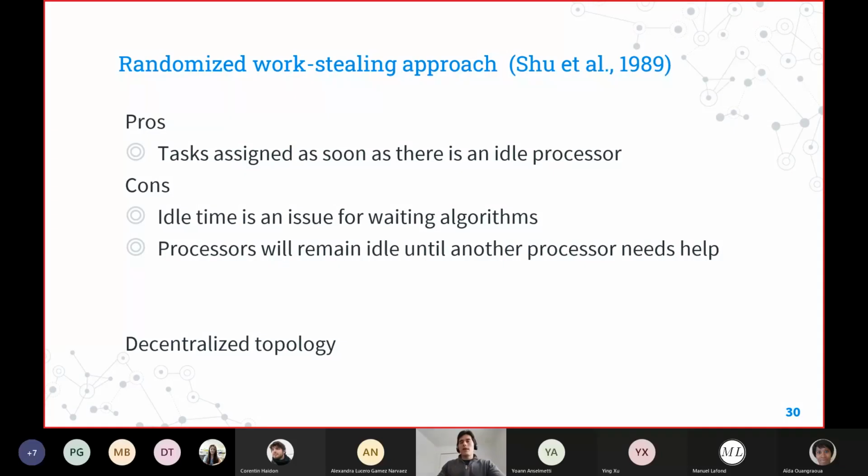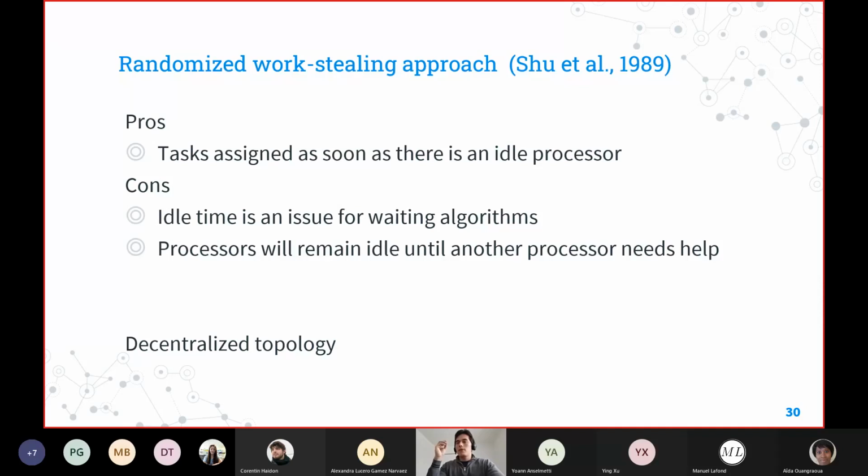One of the disadvantages of this is that the idle time is an issue for the weighted algorithm. That is, for the weighted algorithm, the returning one, those 3 algorithms that return a value, we will have to wait for the result of each branching call in order to do a merging or a comparison or anything else.